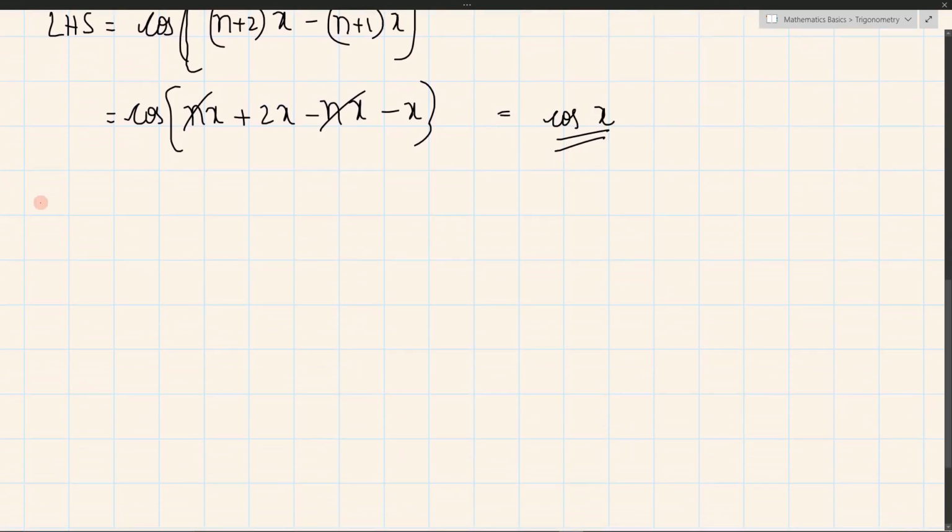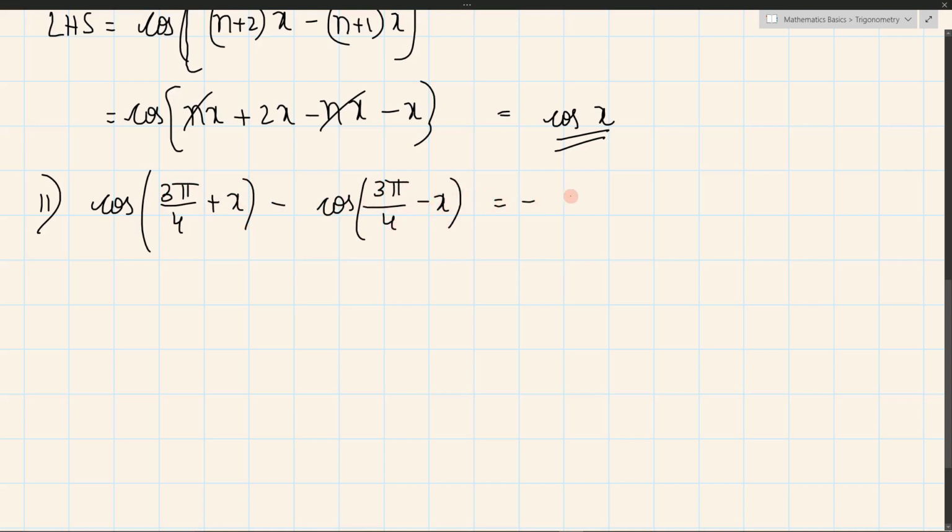So we have question number 11: cos of (3 pi by 4 plus x) minus cos of (3 pi by 4 minus x) is equal to minus root 2 sine x. So we have LHS is equal to, this is in the form of cos (a plus b). Cos (a plus b) is nothing but cos a cos b minus sin a sin b. So we can write this as cos of 135 into cos x minus sine 135 into sin x